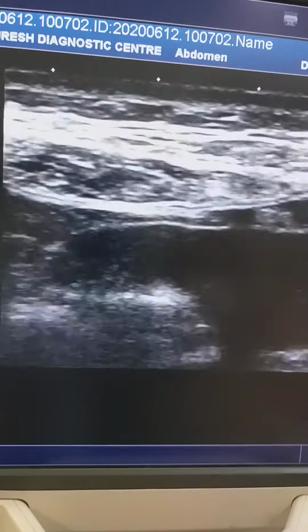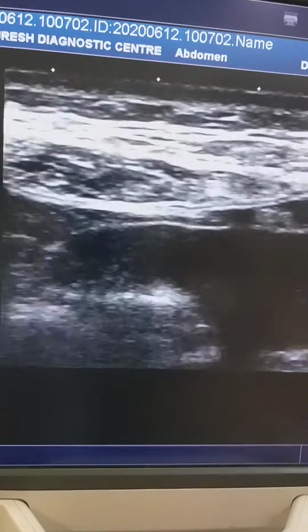This is the fat. So this fat can herniate, which we call preperitoneal fat, and this is the peritoneum. So if the bowel loops herniate, we can say that a segment of bowel loops has herniated through the defect. However, this is the normal one.